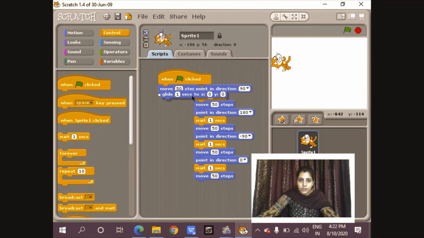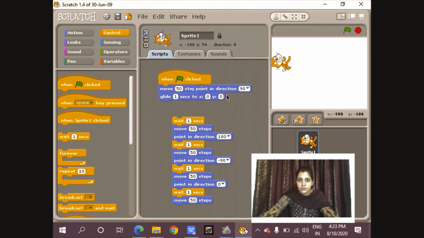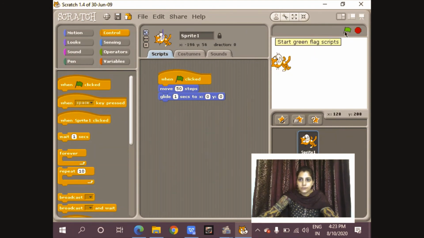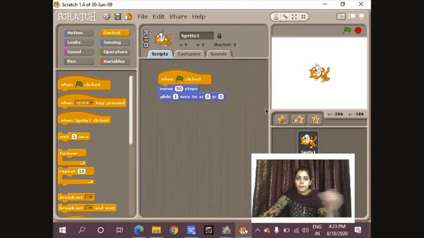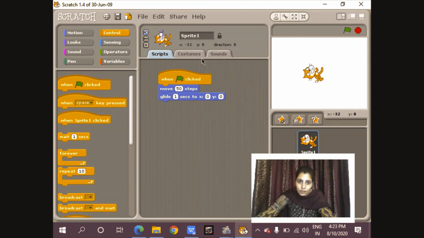glide. So see the output now. Glide means simply moving towards a position given by x and y. So here you can see x 0, y 0. That means initially the sprite is at x 0 and y 0. So you can give it a position here also. So my sprite is moving. For 1 second only it is gliding towards x 200 and y 200.